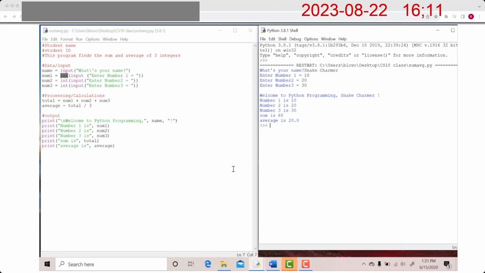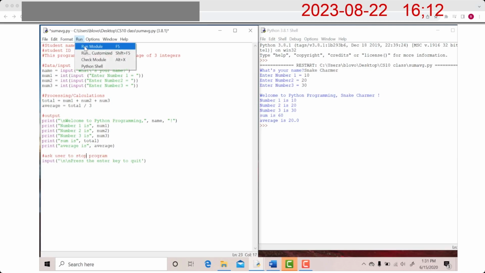The program just completes itself, and you see the 3 chevrons, and that's the end of your program. So what if I want the user to signal the program to end by asking the user to enter a quit? So ask the user to stop the program, and if I run this,